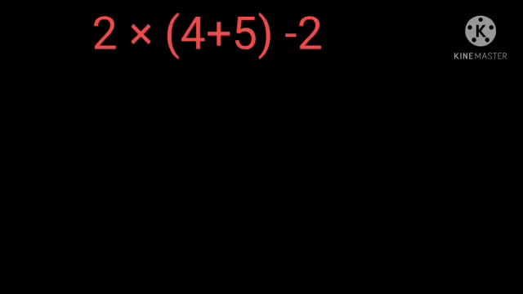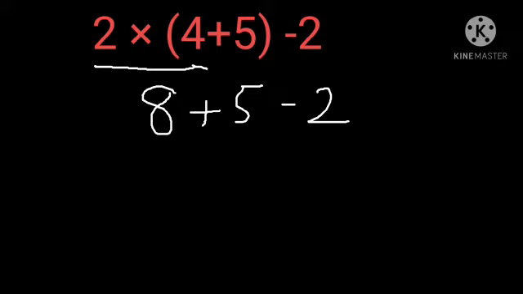Let's try without using the BODMAS rule. Let's see the example, that is 2 into 4 plus 5 minus 2. Let's solve this problem without using the BODMAS rule. Let's start here. So we will multiply 2 and 4 first. We get 8. That becomes 8 plus 5 minus 2, which is equal to 13 minus 2. That is 11. This is not the correct answer. Any expression needs to be solved by the BODMAS rule and in the correct order. If we use the wrong order, it results in an incorrect answer.